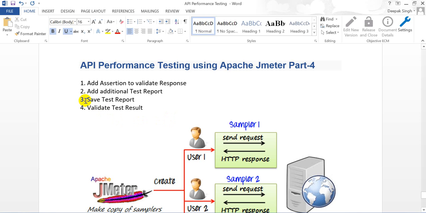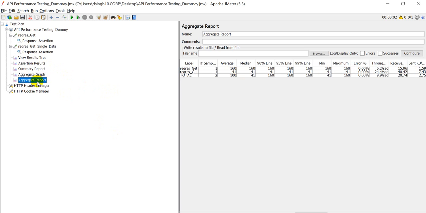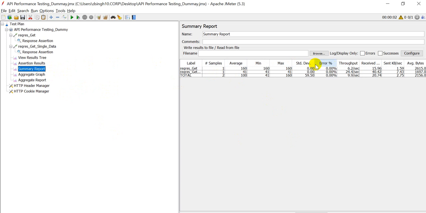So next one is saving the test report. How to save the test report? Saving a test report is very simple. So let's go to, for example, I want to save a summary report. On this page at the bottom we have